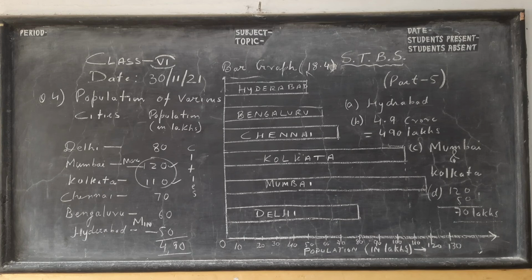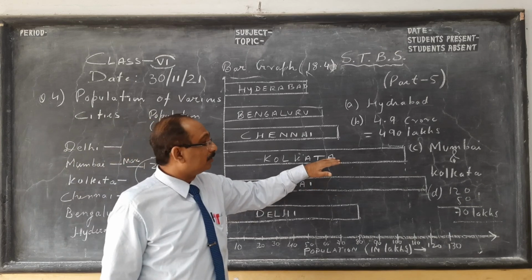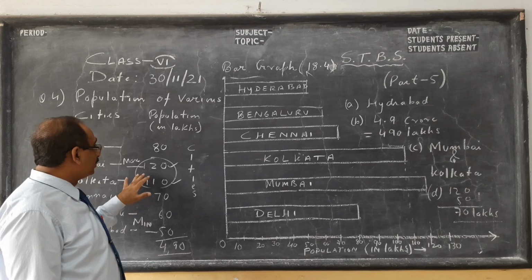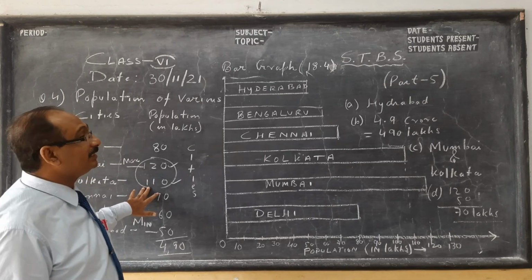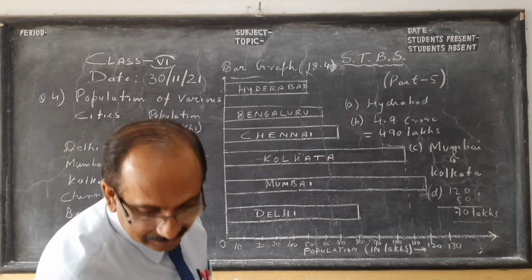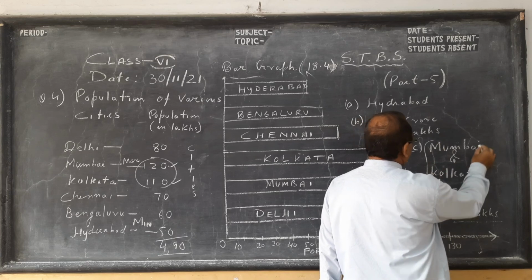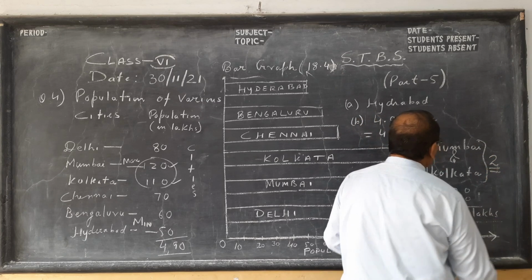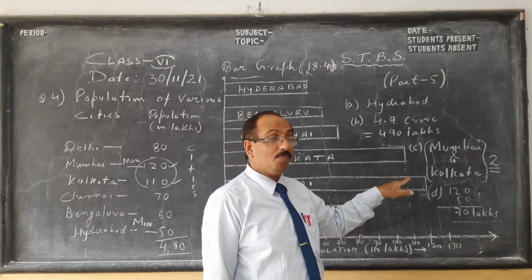One small correction, children. I was seeing the third question here, and that's why you should read the question properly. The third question was not to name the 2 cities which have population above 1 crore. The question is, how many cities have population above 1 crore? Definitely the answer is Mumbai and Kolkata, but your answer will be that 2 cities have population more than 1 crore. They have not said to name the cities, only how many.